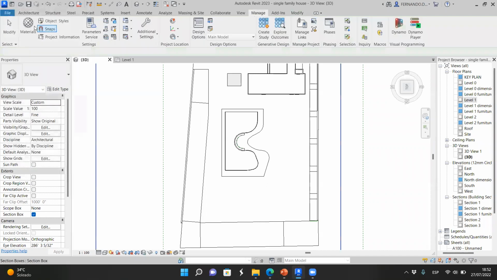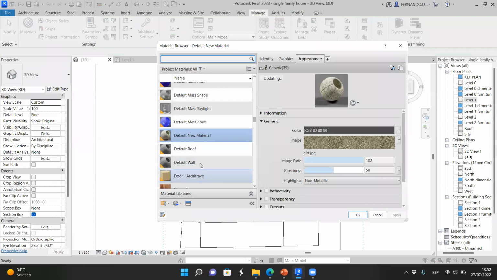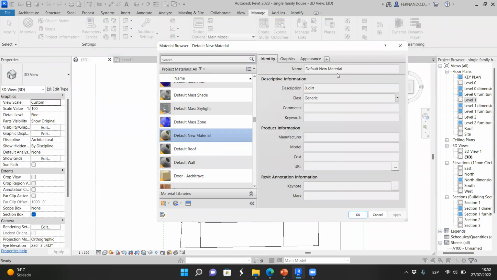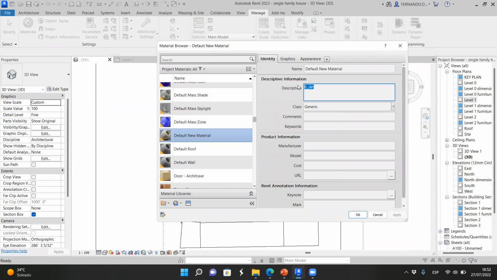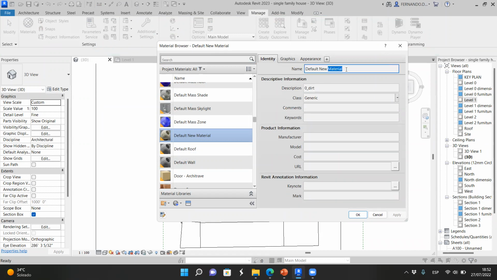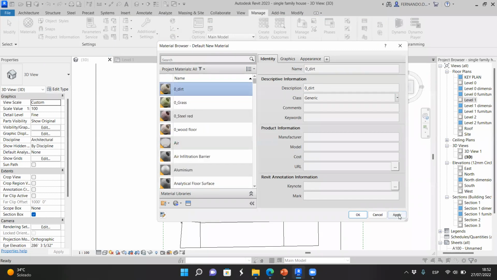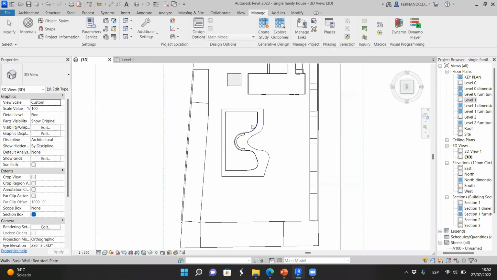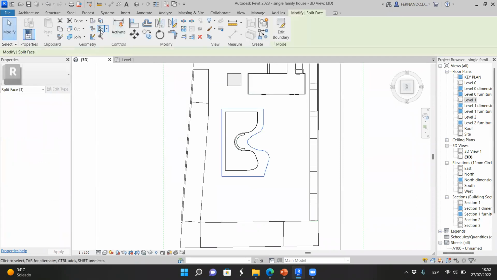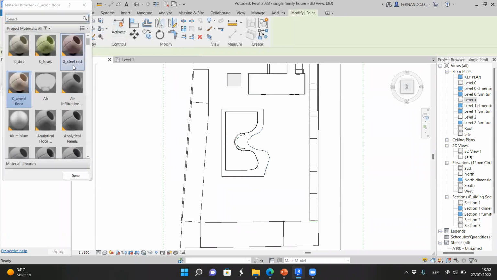I think I didn't do it. Okay, default new material is description. No, it's not the description, it's the name. There you go. So now this paint,